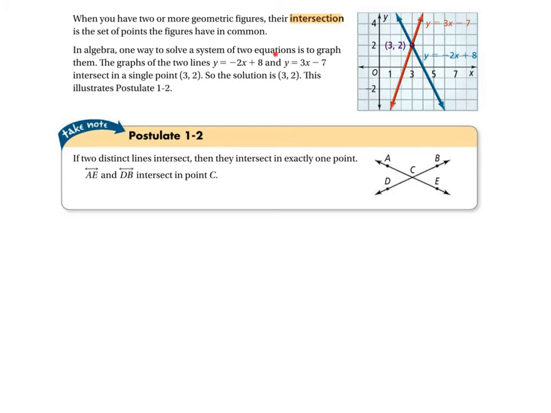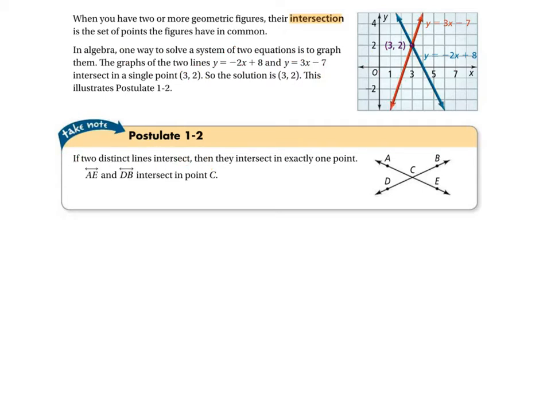And in algebra, one way to solve for a system of 2 equations is to graph the lines. And if you graph this and this, you will see that they intersect at this single point, which is (3, 2), and this is actually the solution that makes this equation and this equation true when substituted in for x and y. And that illustrates this postulate right here, 1-2, which is if 2 distinct lines intersect,